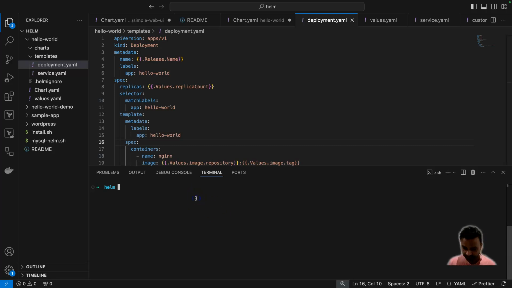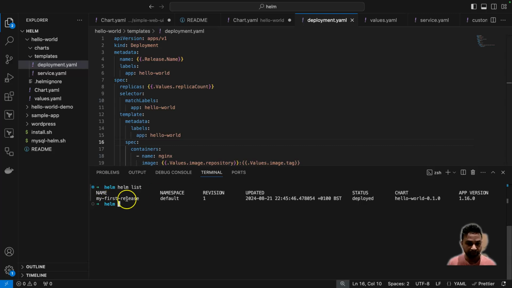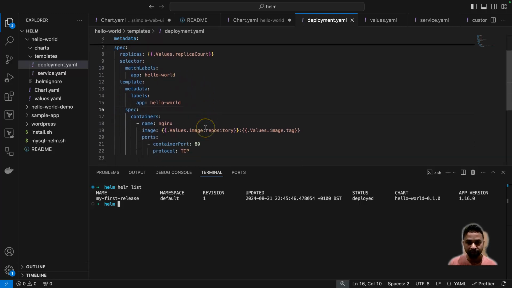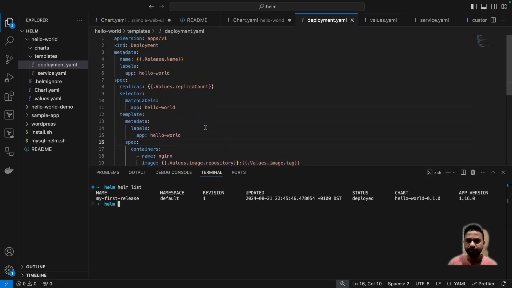So let's see what we have. Helm list. So we have one release installed now, and we have this chart which we have learned, which has a few values, the release name values. So what if, suppose, this has multiple s, right? Let's say, how can we find out? So helm lint, and then